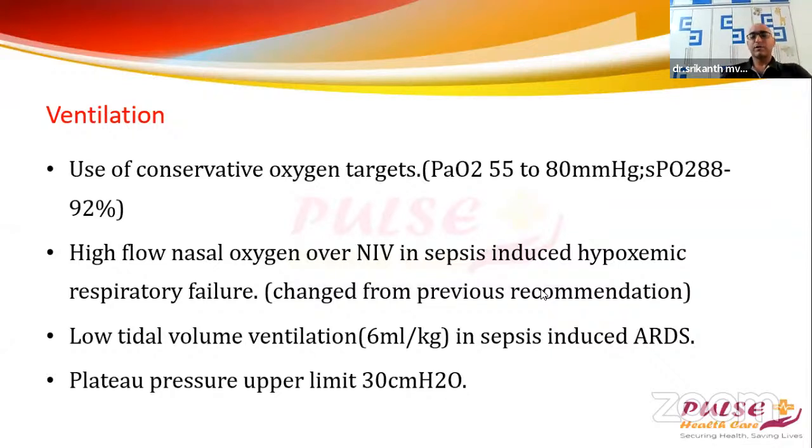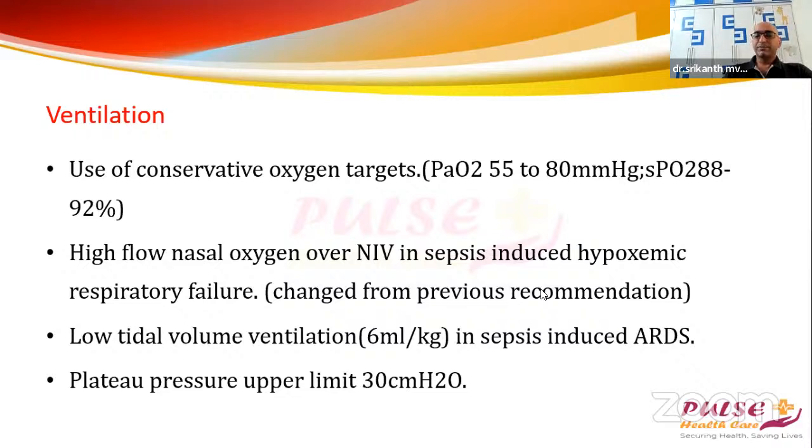Use of conservative oxygen targets. What are conservative oxygen targets? Targeting a PaO2 of 55 to 80 and an SpO2 of 88 to 92. A lot of studies have shown a better outcome in patients who have been maintained with conservative oxygen targets. There are also a few studies which have not shown a particular benefit when we have used liberal oxygen targets, like higher oxygen targets compared to the conservative oxygen targets. So lower the better, because we have a better outcome, and their outcome is not inferior to the higher oxygen